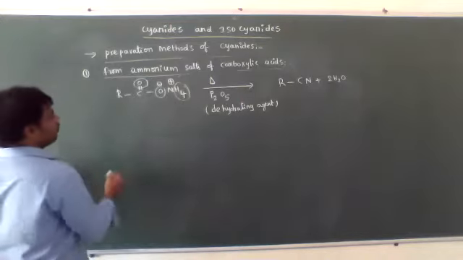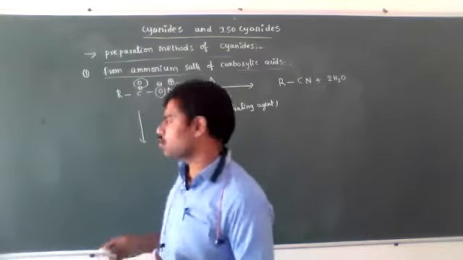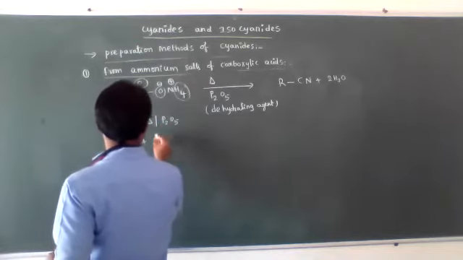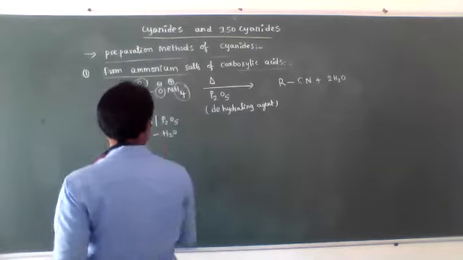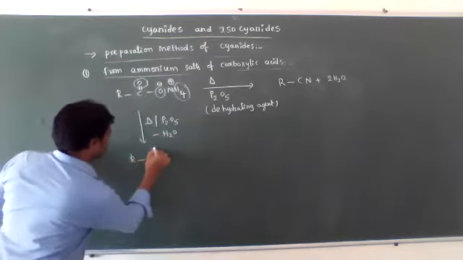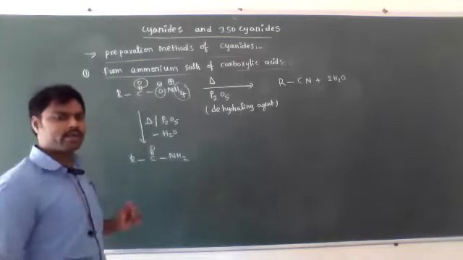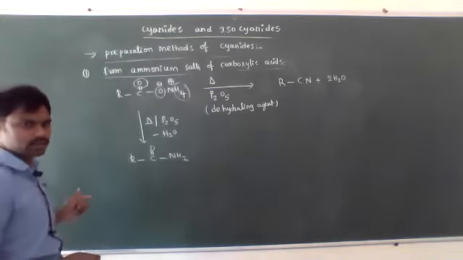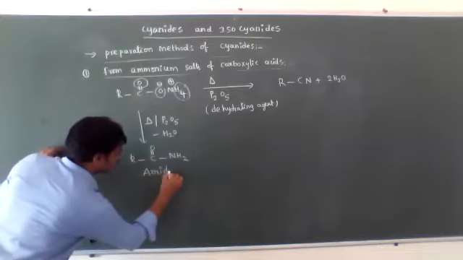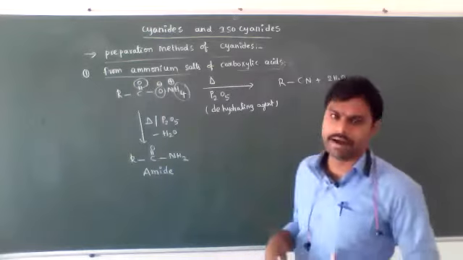cyanides. Our second one, for example, this ammonium salts of carboxylic acids only you have to heat in the presence of P2O5, loss of water molecule, 1 water molecule only is removed. Then we are getting RC double bond O NH2. Already this we have discussed in the chemical properties of carboxylic acid salts or carboxylic acid. What is the product? The product is amides. Okay, clear? RC double bond O NH2 is called amide.